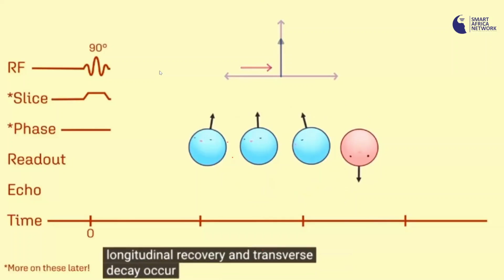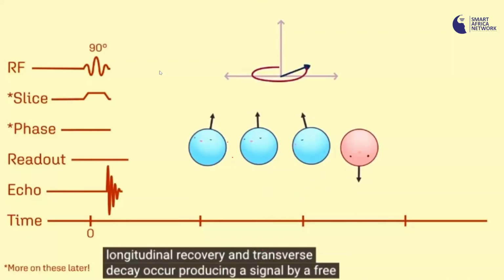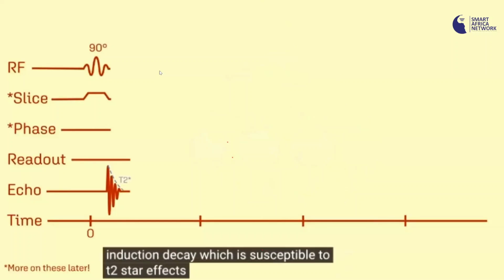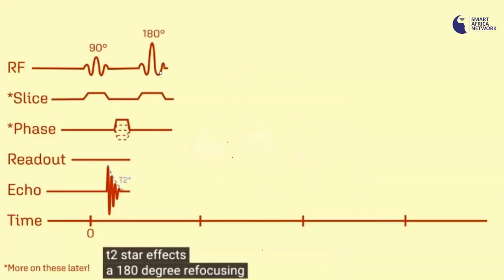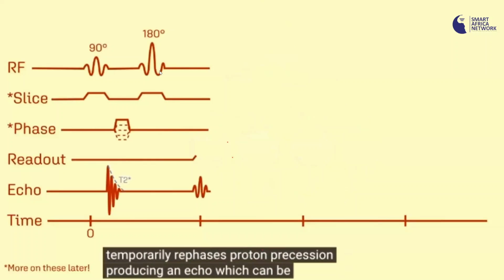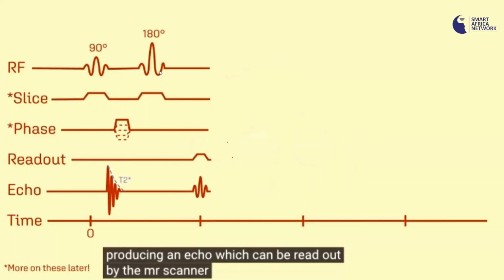Longitudinal recovery and transverse decay occur, producing a signal by a free induction decay, which is susceptible to T2 star effects. A 180-degree refocusing pulse temporarily rephases proton precession, producing an echo which can be read out by the MR